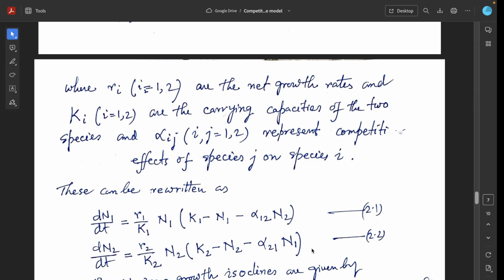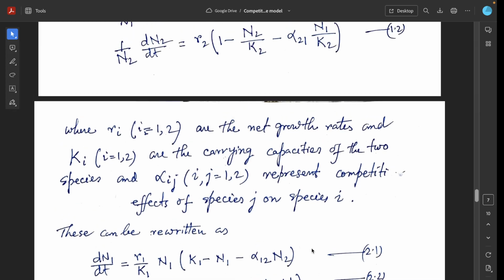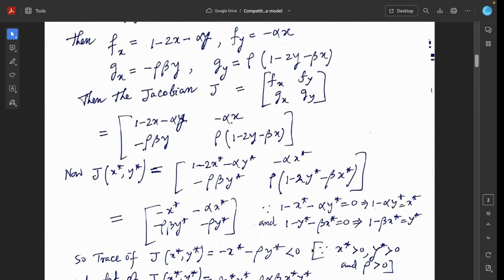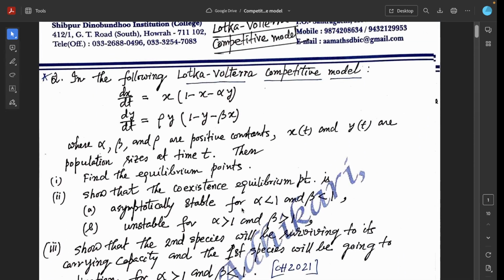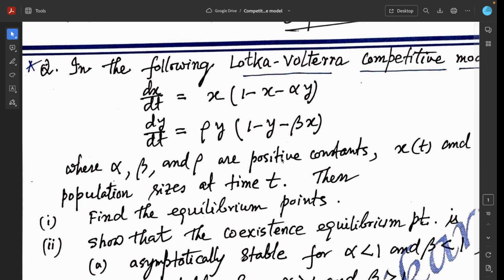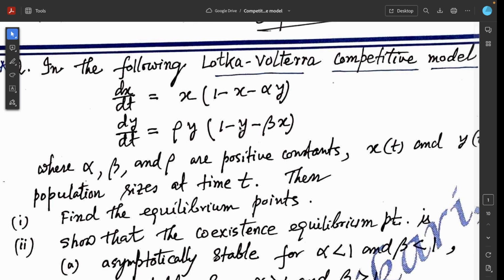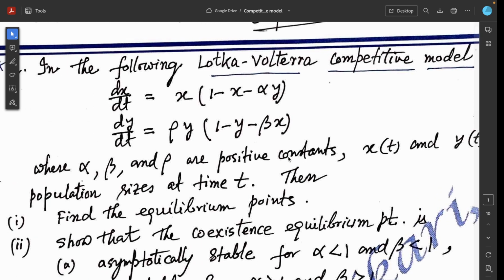Now first we discuss the simplest model for this species competition, the Lotka-Volterra competitive model. In the following Lotka-Volterra competitive model, we write x for N1 and y for N2: dx/dt = x(1 - x - alpha y), dy/dt = rho y(1 - y - beta x), where alpha, beta, rho are positive constants and x(t) and y(t) are the population sizes